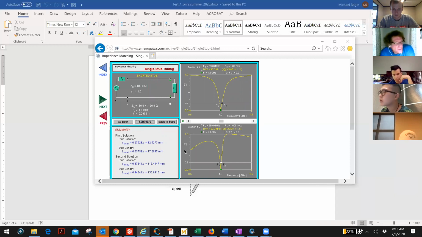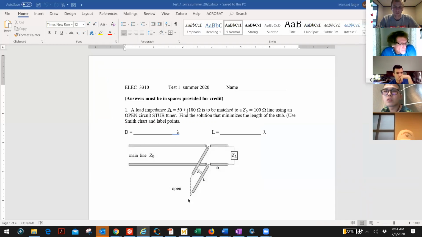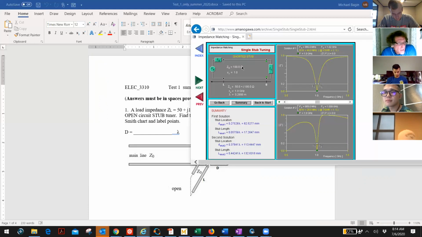And I'll make this available to you. This is a little Smith chart calculating thing that I have. And I'll put these solutions up here, okay? Are you with me on this? The idea would be the second one if you minimize the length of the stub because it's open circuit. Everybody understand why? Because when you come in, if it's an open circuit stub, you're actually going to come in and be at,